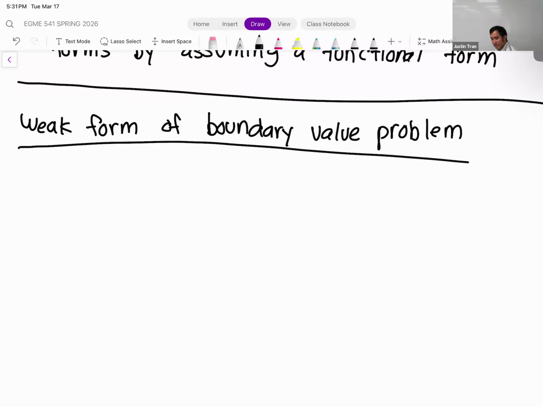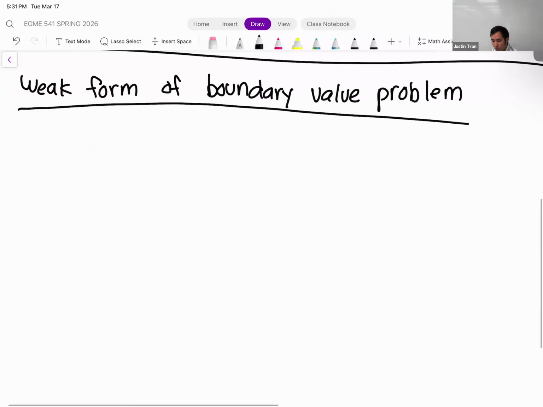Last time we were in class, we went over the definition of a boundary value problem. Those are problems that you've likely seen before in your previous classes. So remember, for a boundary value problem, and I'm shortening it to BVP because the boundary value problem is long to say,